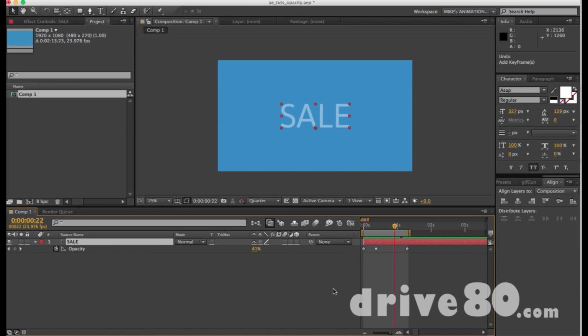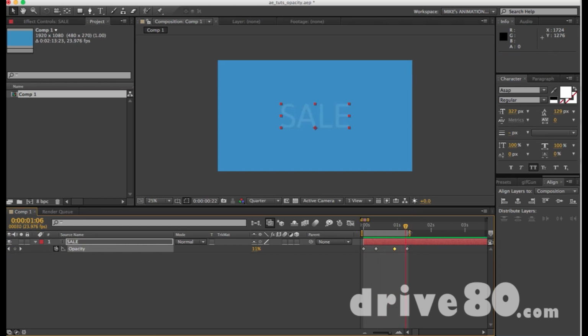Or I can hit Option T and then bring this up again, which seems pointless. So the fastest way really to do that is just to take this and move it up, because it'll create its own diamond and it'll keep it there. Now if I RAM preview this again, it's going to stay up and go down, stay up, go down, stay